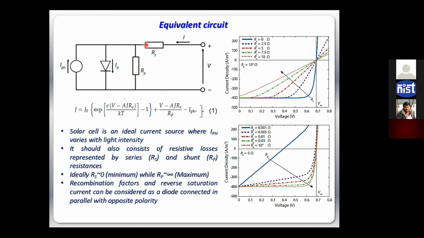So what if they are not like this? If they have a variation from 0, and suppose some circuit has a lot of high RS, some material has higher RS, and some material has very low RP, then what happens? That seriously affects the fill factor. As I said in my previous discussion, fill factor is more like a circuit thing rather than a material thing. So here you can understand that. Suppose this curve is showing how the fill factor changes if I change the RS.